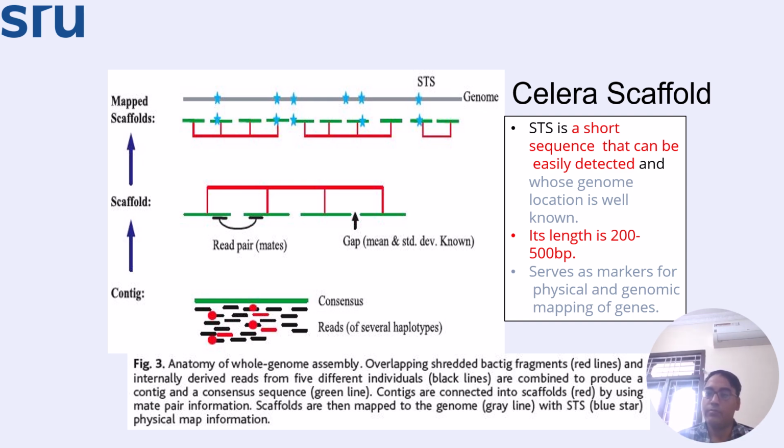Okay. And this STS was sequence tagged sites. I was knowing the place where exactly it is. So somewhere, if it's ABC or CBA, I can know that this position, this length is STS, so it should be present here only. Just like we use milestones on any road, likewise this concept was there. Okay. So it is a short sequence that can be easily detected, and the whole genome location can be properly mapped.